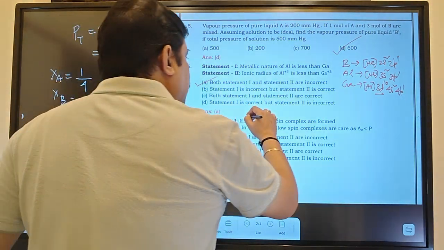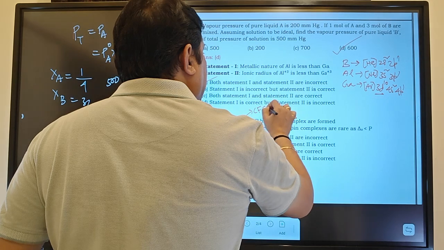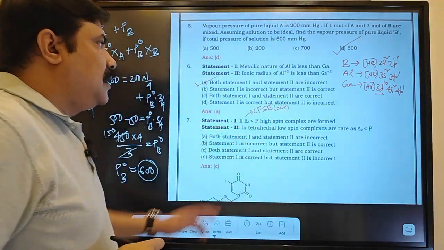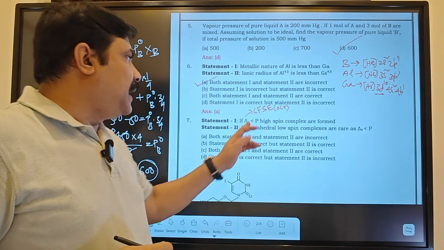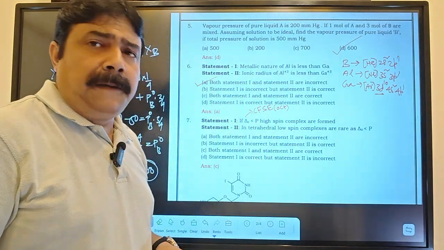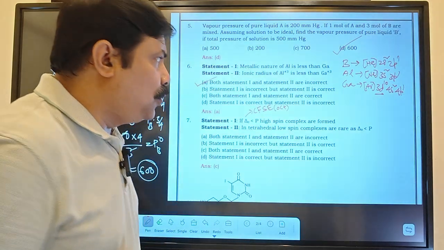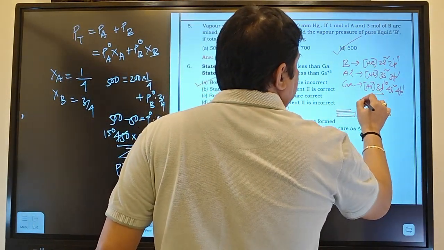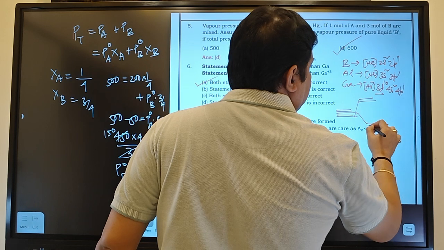These things are nothing but your CFSE in an octahedral field. If the pairing energy is greater compared to the CFSE, it is a high spin complex. Naturally, if pairing energy is higher, there will be no pairing. I hope you know the 5 sets of d orbitals in an octahedral field will be split like this way, and